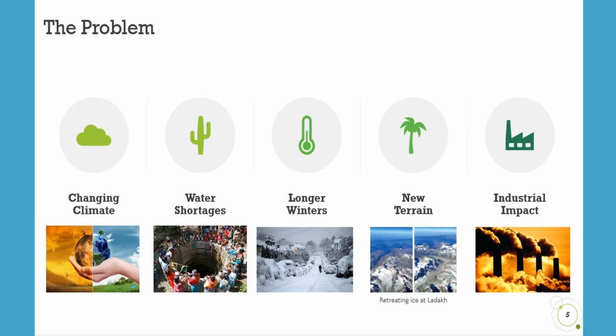With rising construction, we increase our carbon footprint, and overall there is a bigger impact on the climate. Some of the effects of climate change are well known to us, and I also wanted to show you through this slide. Nowadays people are having water shortages, longer winters, and adverse climates. You just see what's happening in Texas nowadays.